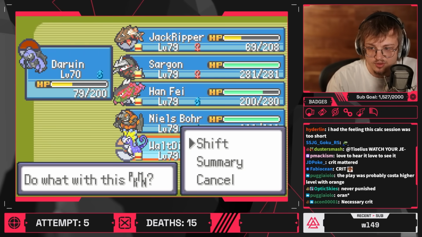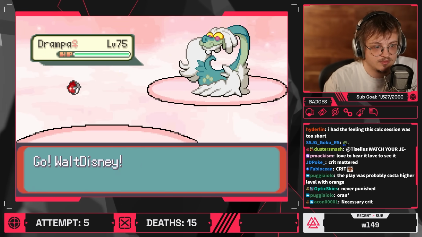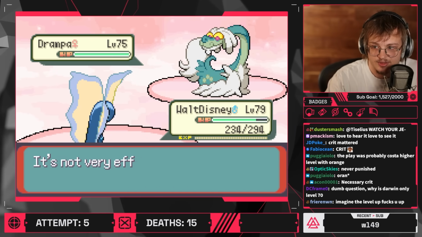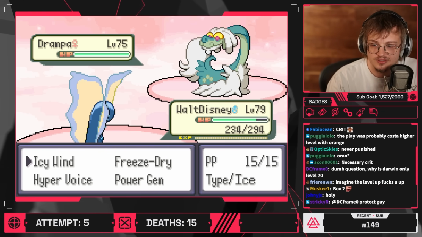Aurorus actually just completely annihilates this. It's crazy. Because we one-shot with boosted Hyper Voice, and we outspeed, and he's got Quick Claw, but look at this damage. That's the most he can do to me. Psychic does a little bit more, but...